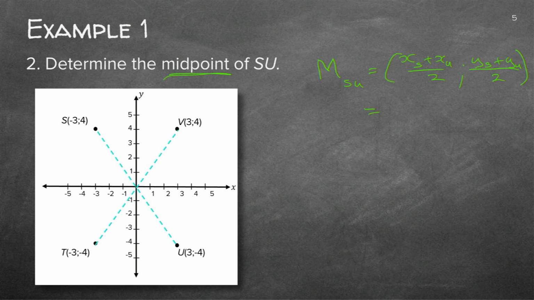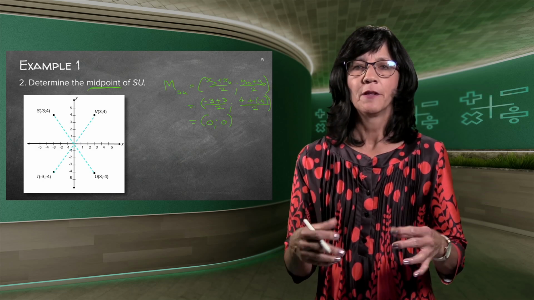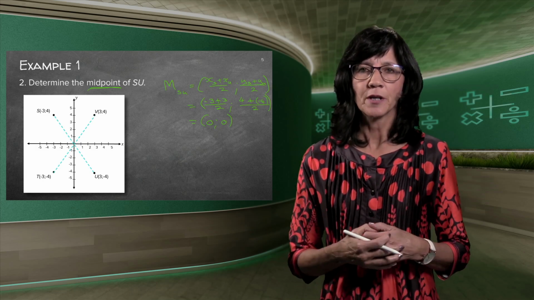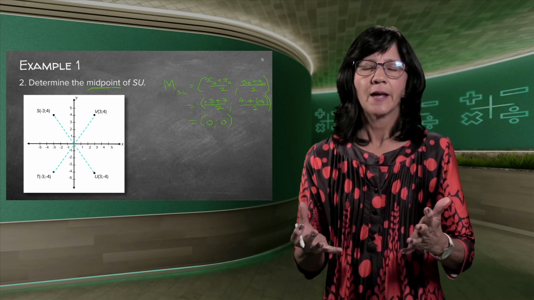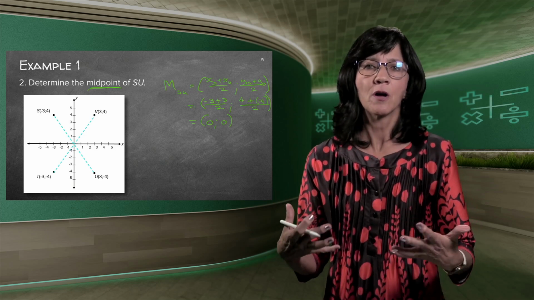And that is how you're going to find your midpoint. Good, let's go read it off. x of S is -3 plus x of U is 3, over 2. y of S is 4 plus -4, over 2. And that gives you 0. And 4 minus 4 is 0. We actually could have seen that. But remember, if they say determine, they want the formula from you and they want you to work it out properly. Now, you'll see as we go along, we learn one little thing in a lesson, and then we use all the previous stuff that we learned to answer different questions.